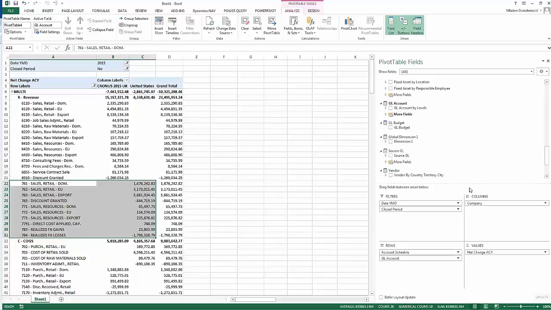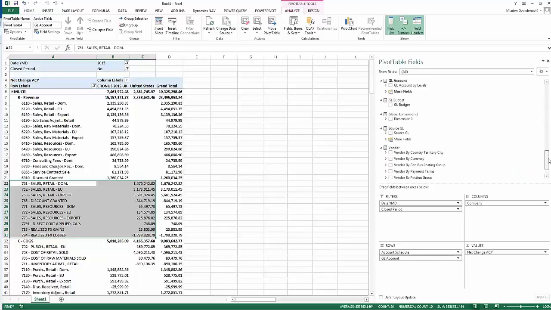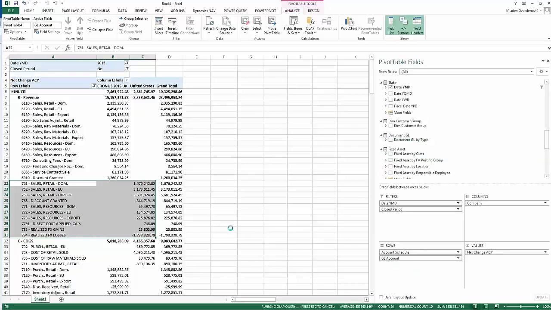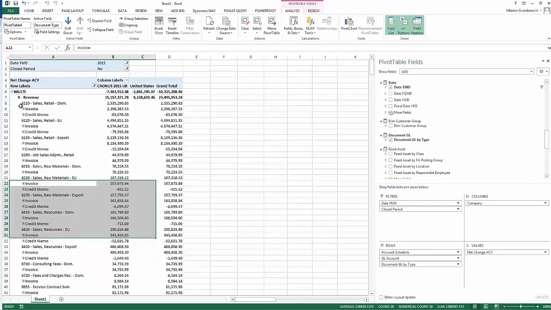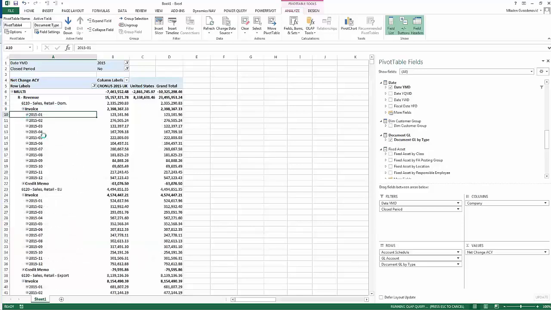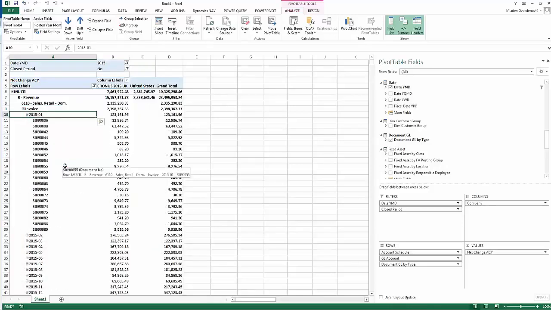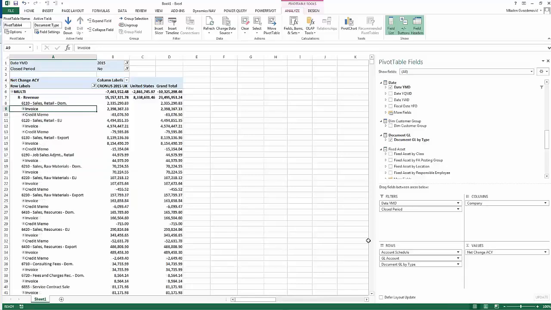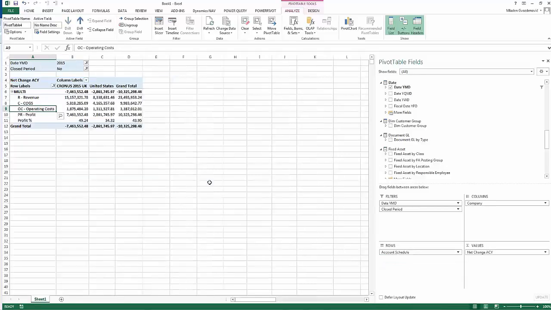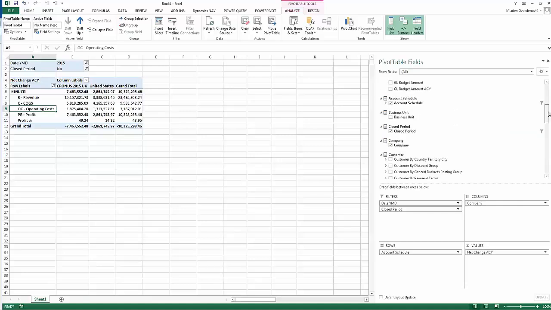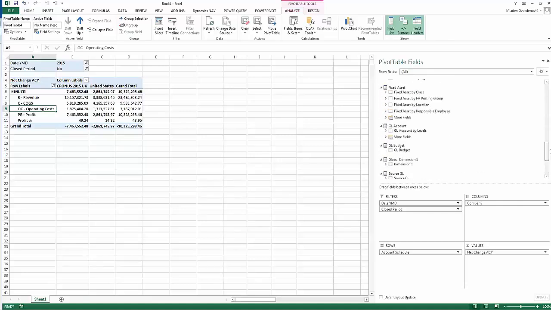We could go also to the document level and bring in the lowest granularity, document by GL. This would just bring us a lot of documents that we have, but there they are. Okay, we can go from the top to the bottom within a few clicks. Since we have a BI cube that is the source for our pivot table, we can use any other dimension that is available here. What we are going to do is check our global dimension 1,